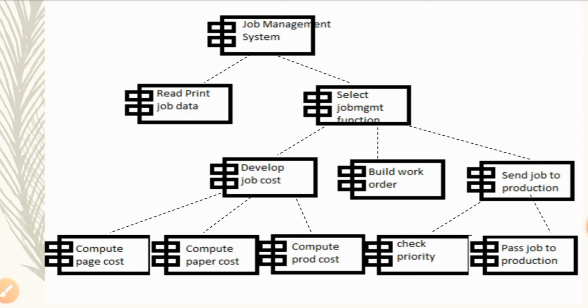If you select build work order, then this will print on your machine, this will print your paper. Then if you select the job function as pass job to the production, then what will be the output? The output will be check priority or pass the job to the production. So this is the overall conventional component with respect to your